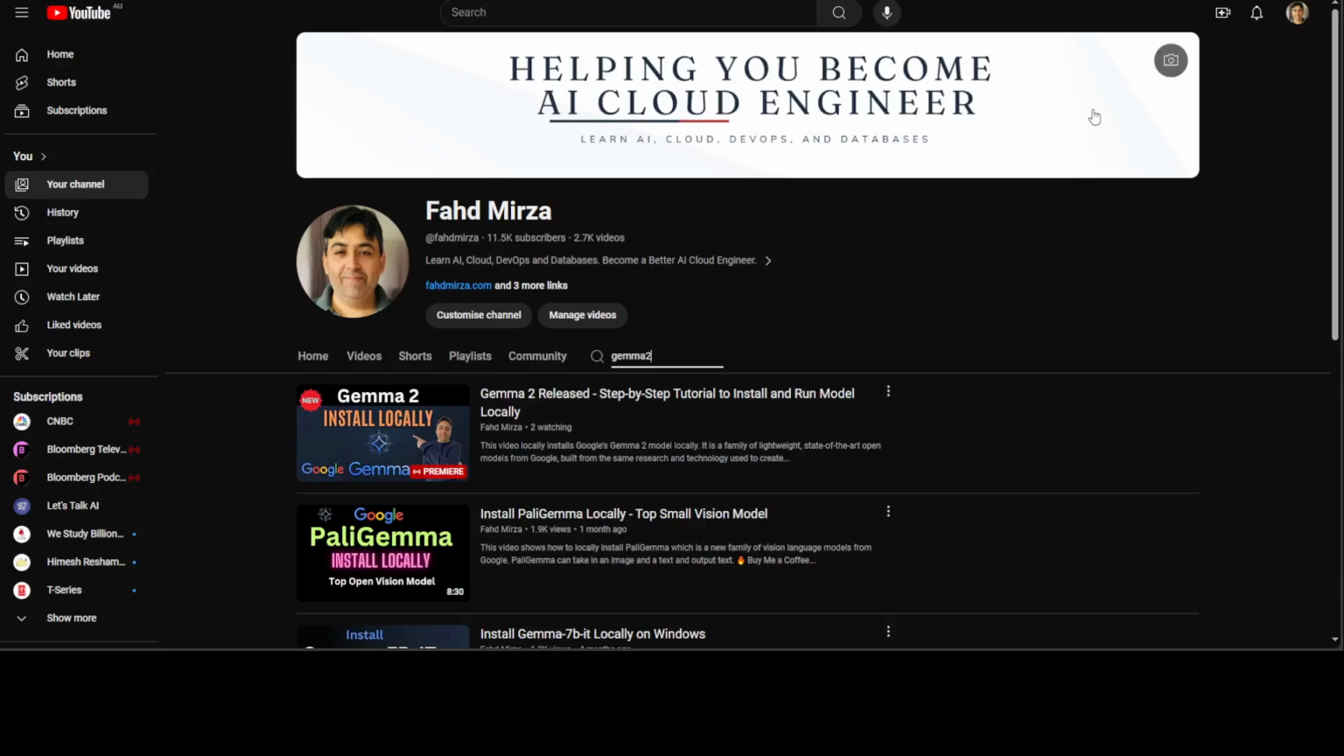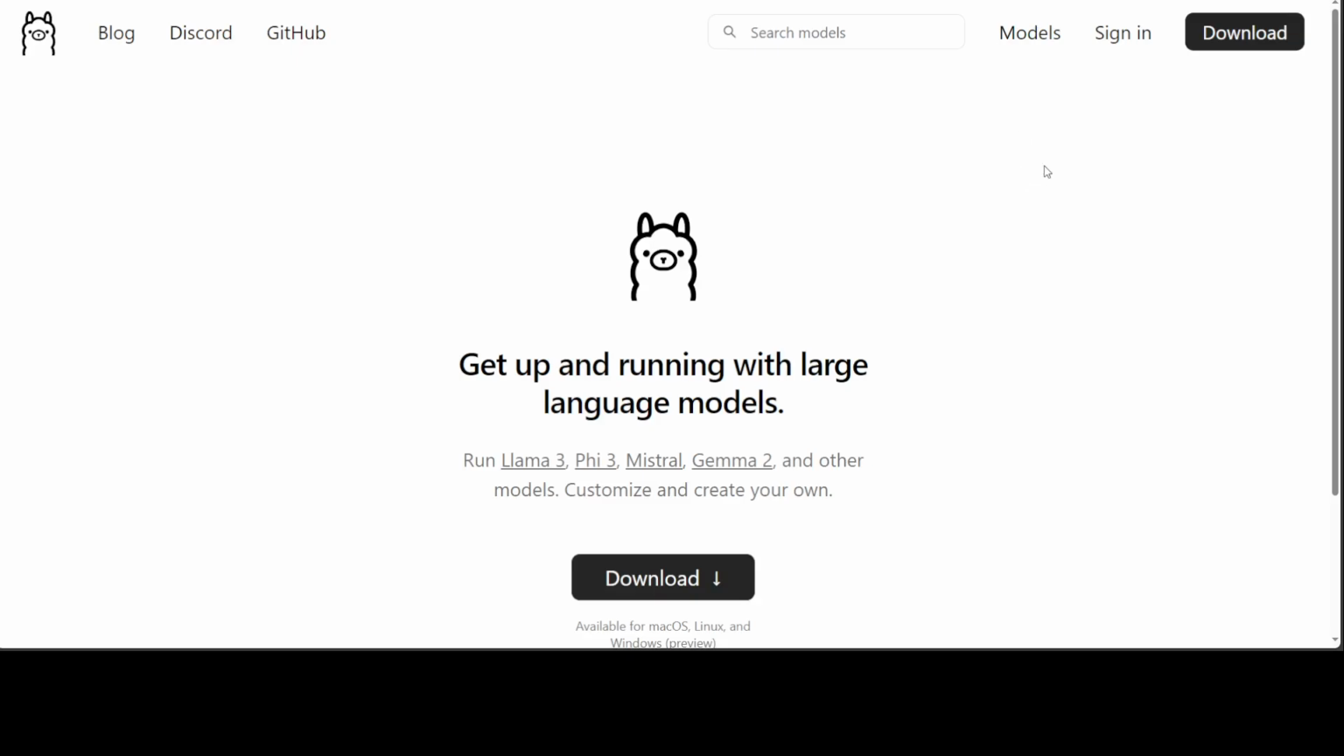In this video, we are going to have a look at this Gemma-2 model from the lens of Ollama, or in simple words, we are going to install the Gemma-2 model with the help of Ollama. If you don't know what Ollama is, it is one of the easiest, simplest, and fastest ways to run quantized versions of large language models or vision models locally. We will be installing Ollama, and then we will be downloading this Gemma-2 model